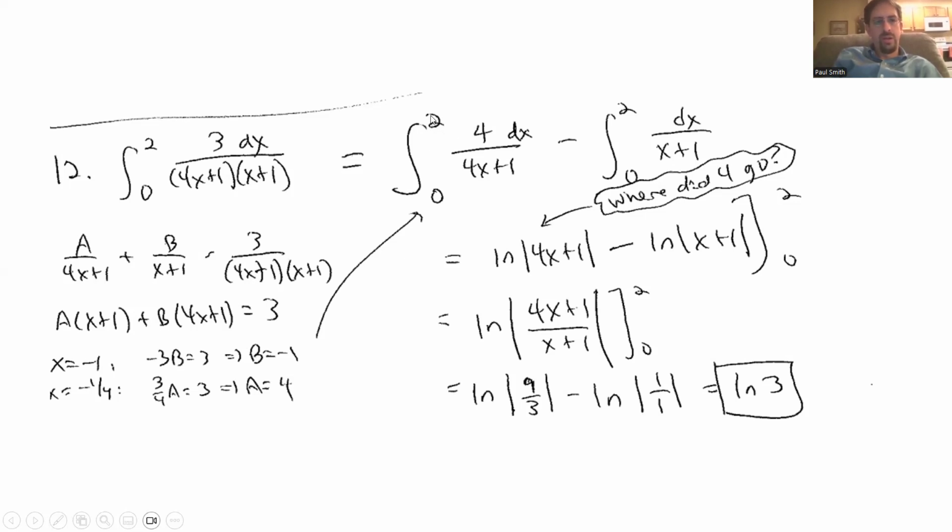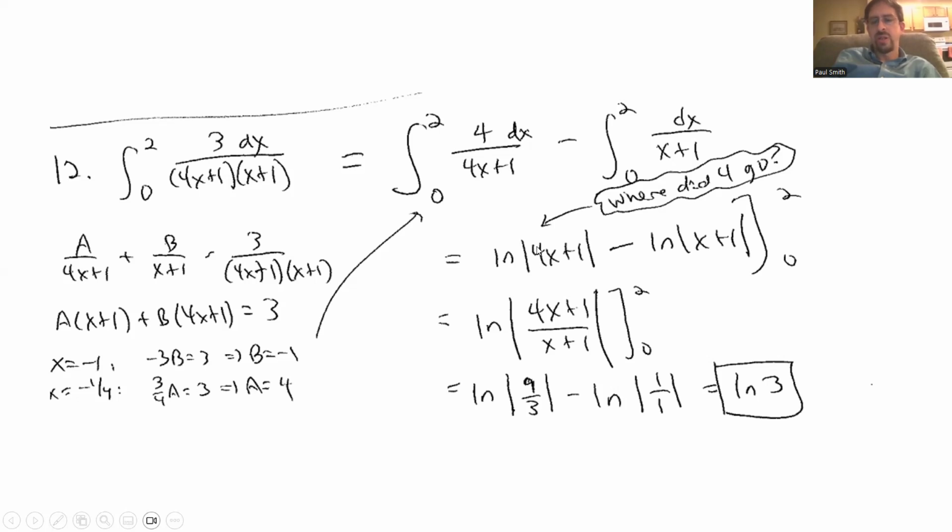So our two new integrals are the integral from 0 to 2 of 4 dx over 4x plus 1 minus the integral from 0 to 2 of 1 dx over x plus 1. So now we want to integrate these. The first one becomes the antiderivative natural log of absolute value of 4x plus 1. So you might ask yourself, where did the 4 go? Well, technically when we integrate this, it's 4 times the natural log of absolute value of 4x plus 1,